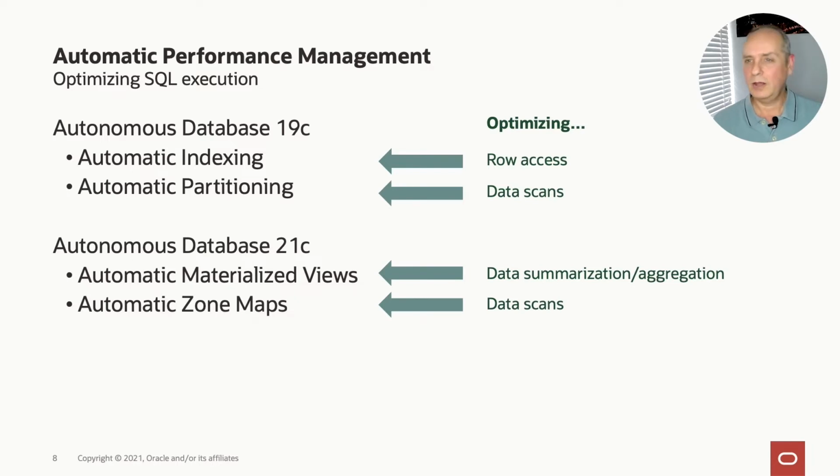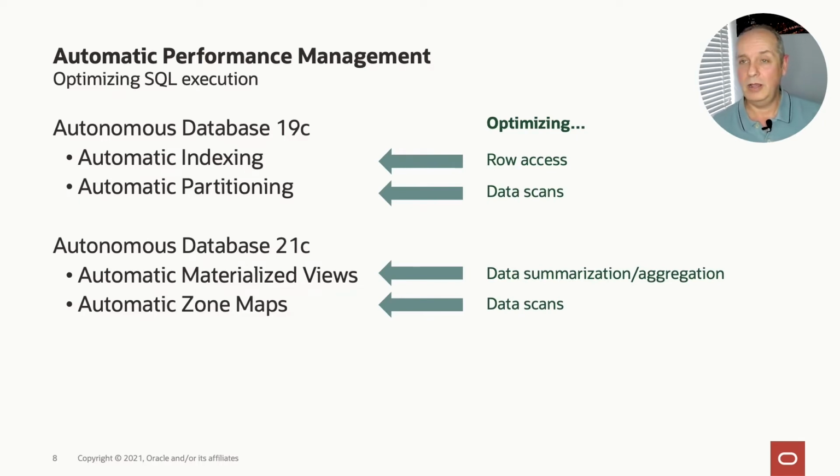And the key trick with materialized views is the application does not need to know they exist. So much like indexing and partitioning, it's all transparent in the application itself. So the trick Oracle pulls is that when the application issues a query against the base tables, it doesn't know there's this aggregation going on around the edges, but Oracle can rewrite the queries internally and use that pre-aggregated data.